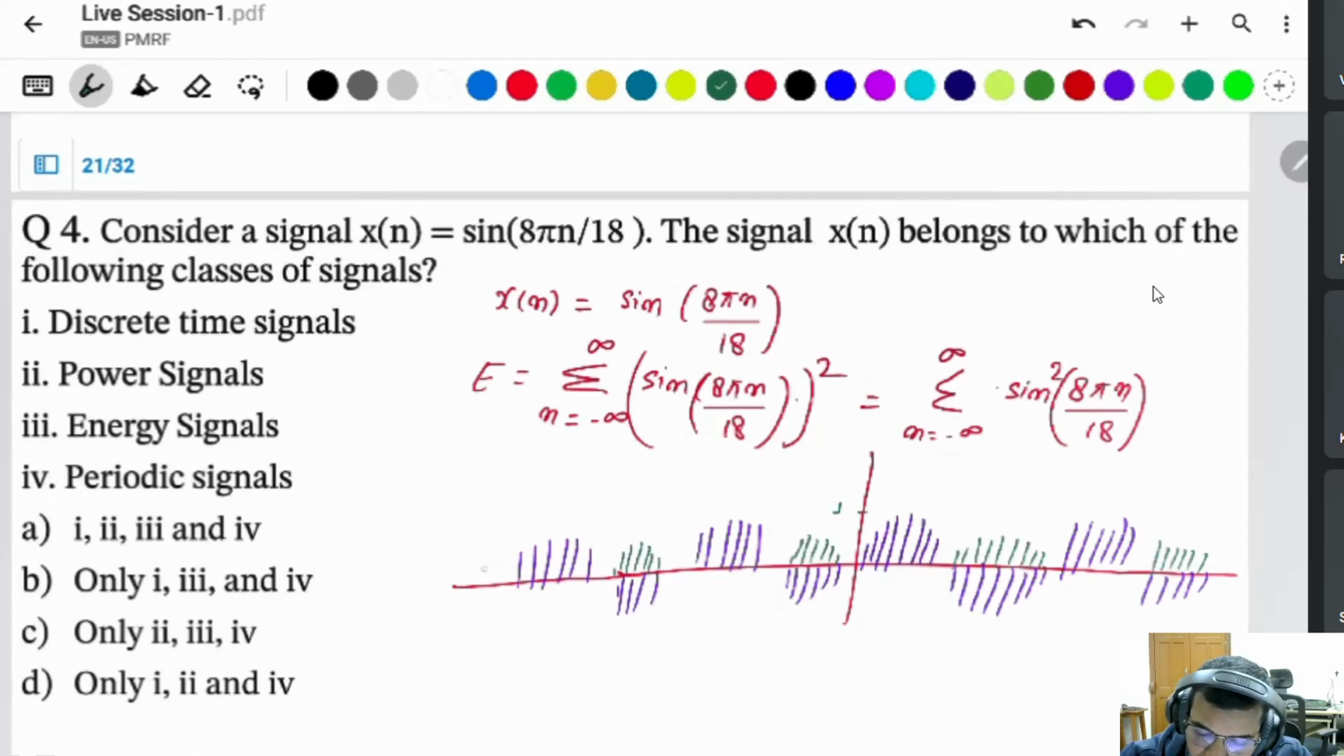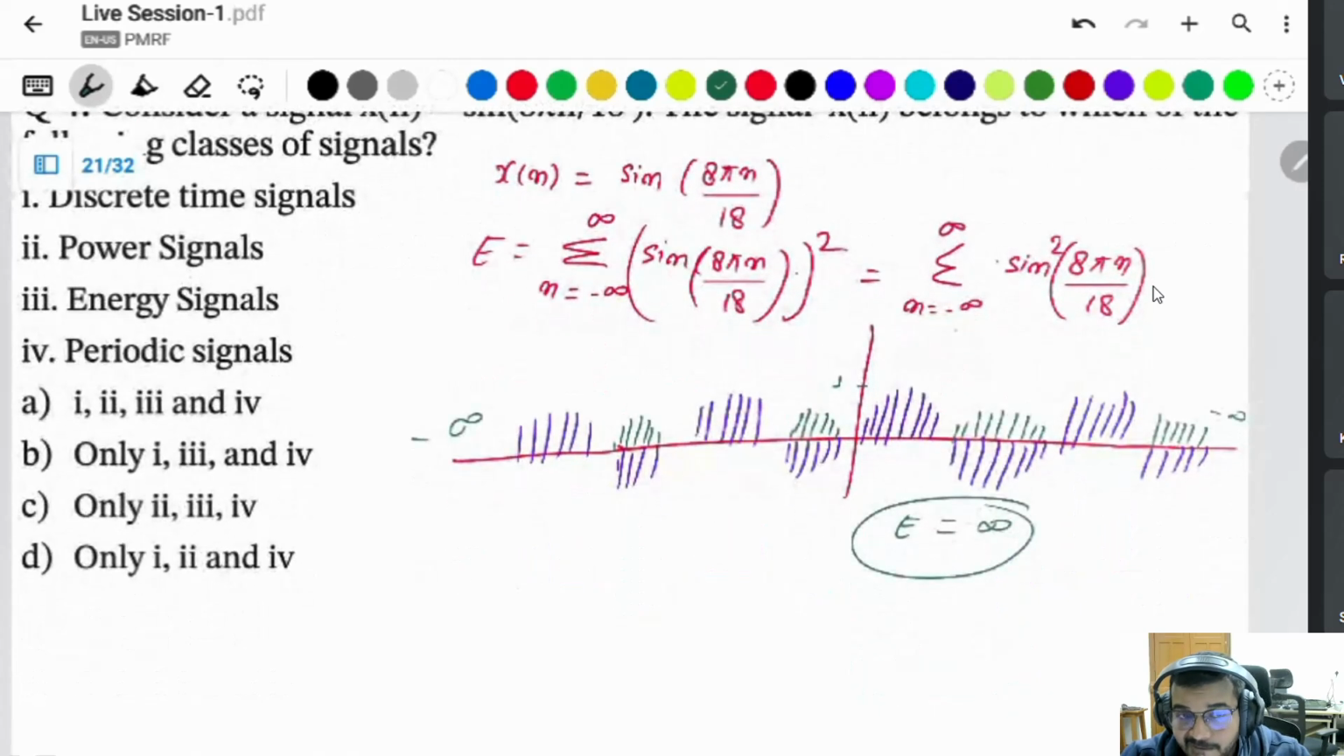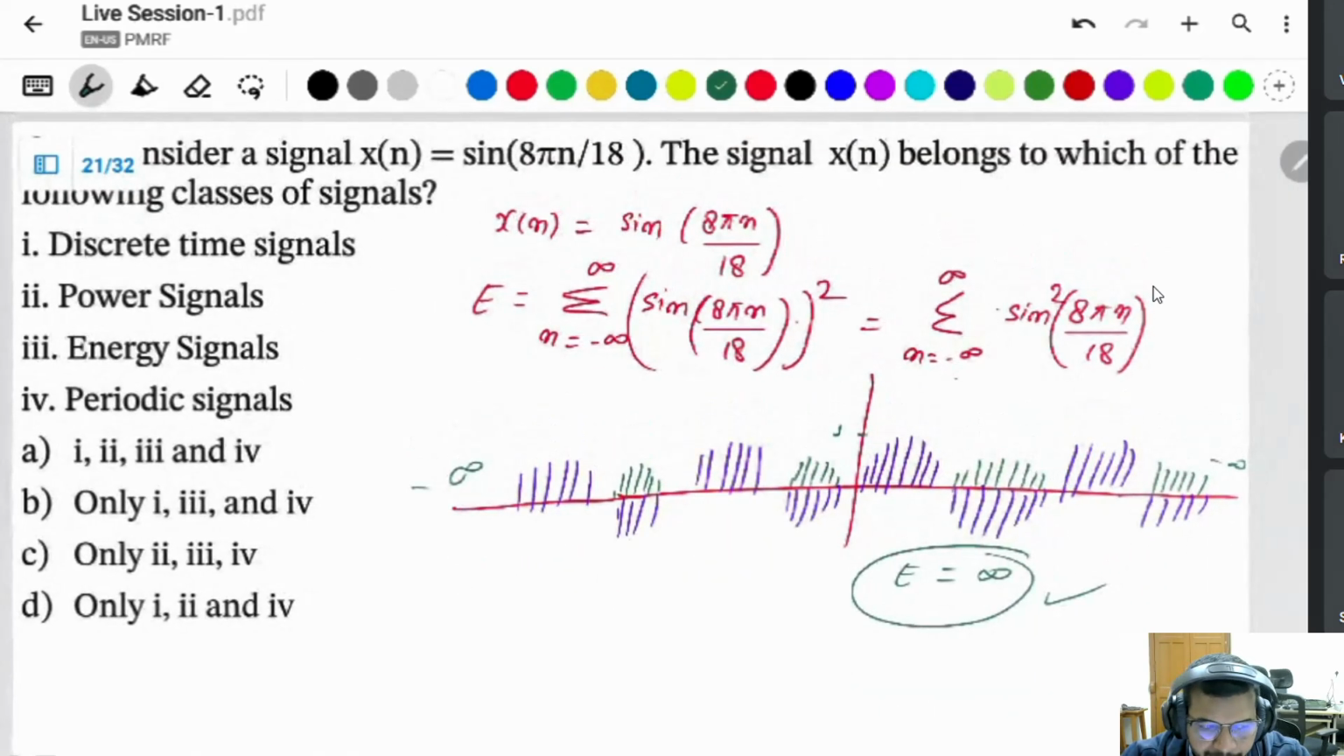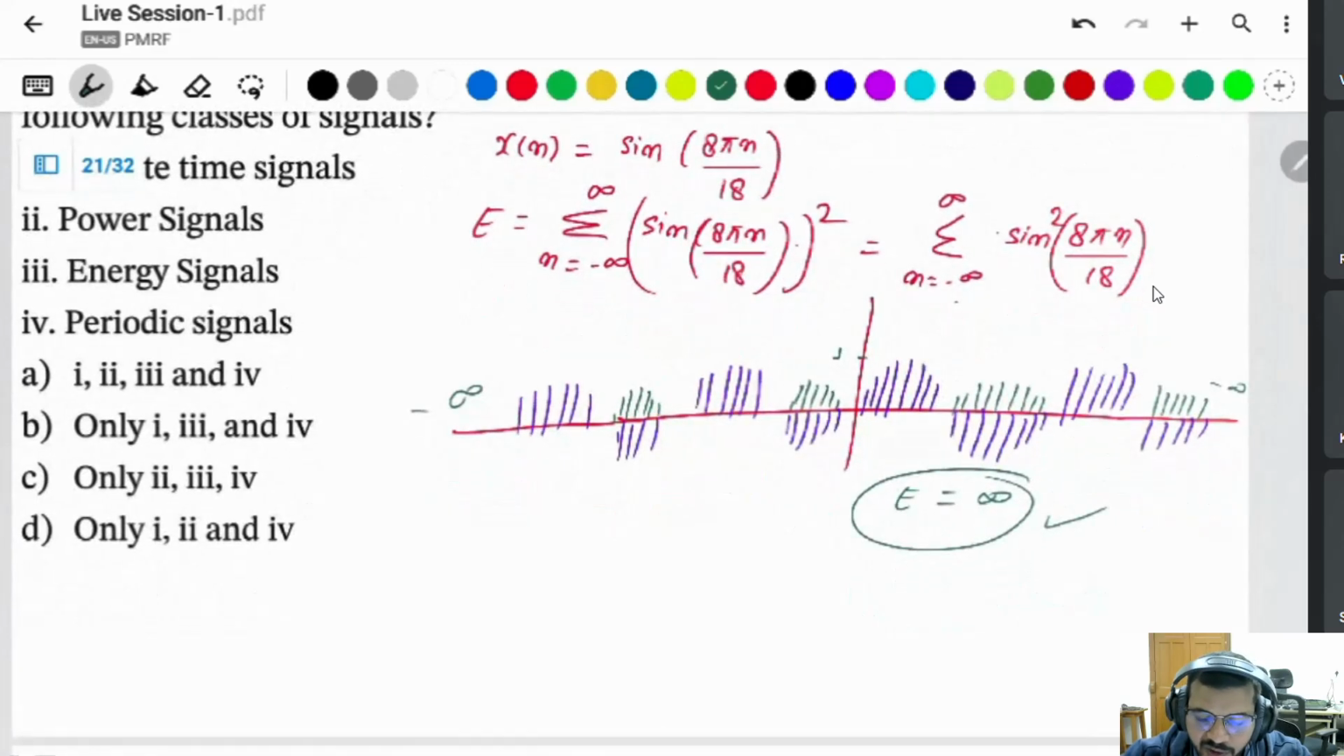Then if the summation is from minus infinity to infinity and you add all the terms, what happens? The energy will go to infinity only. Energy is infinity. For the power signal, calculate over the period. For the power calculation,